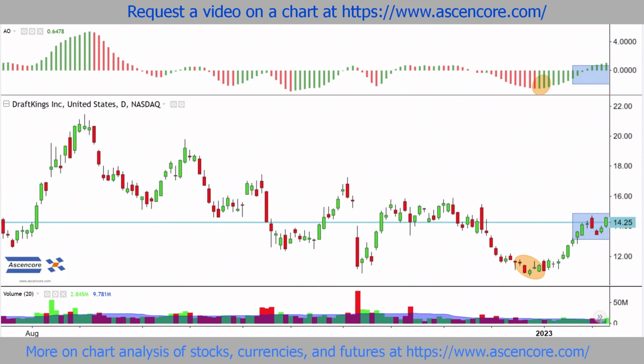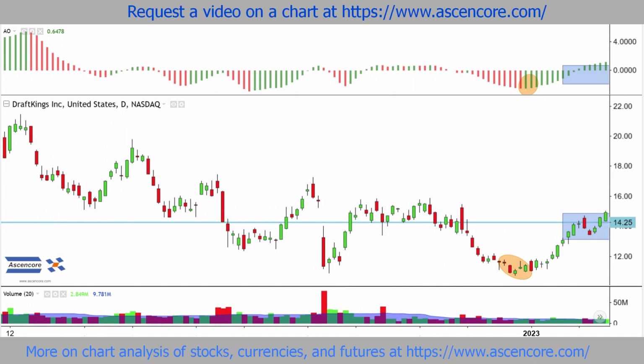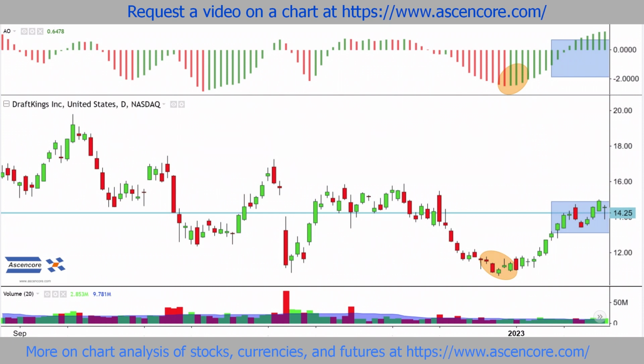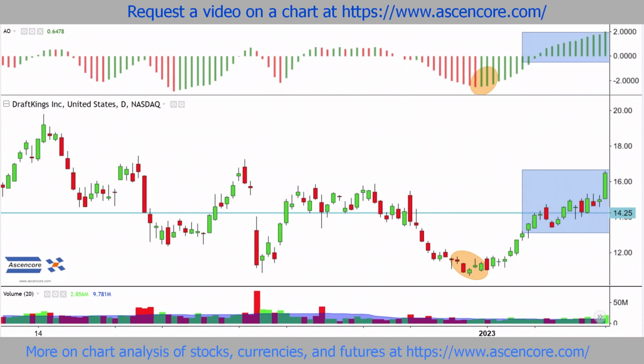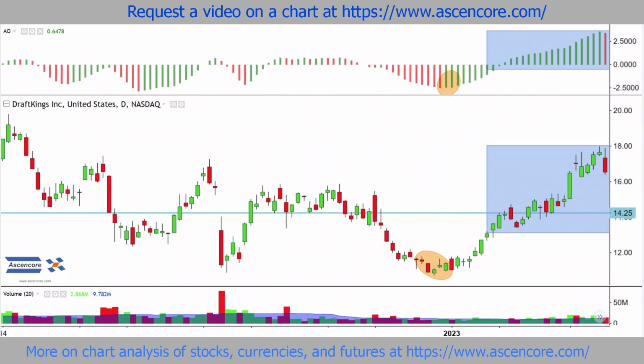In addition to the indicator values crossing over zero, it would also be good to see price break over and consecutively close over this resistance level again. And overall, that's turning out to be the case. And yes, there is mostly strong bullish momentum when green bars are consecutively going higher, while price begins to go